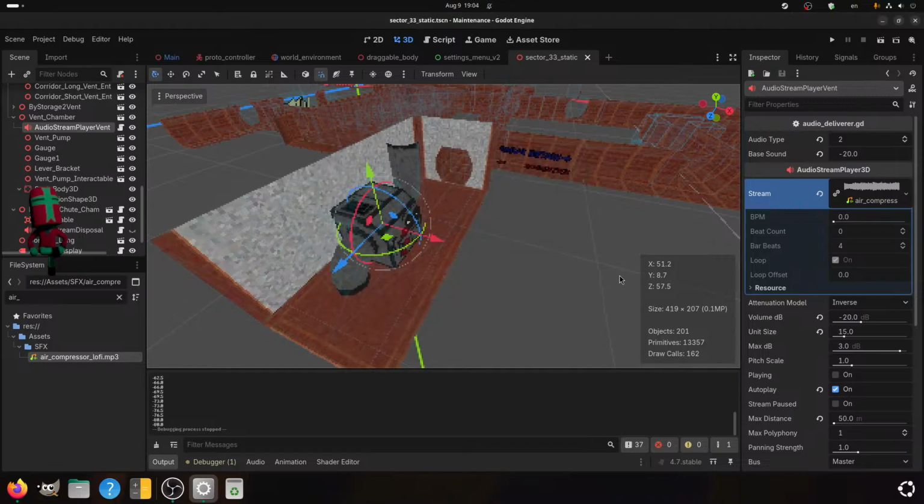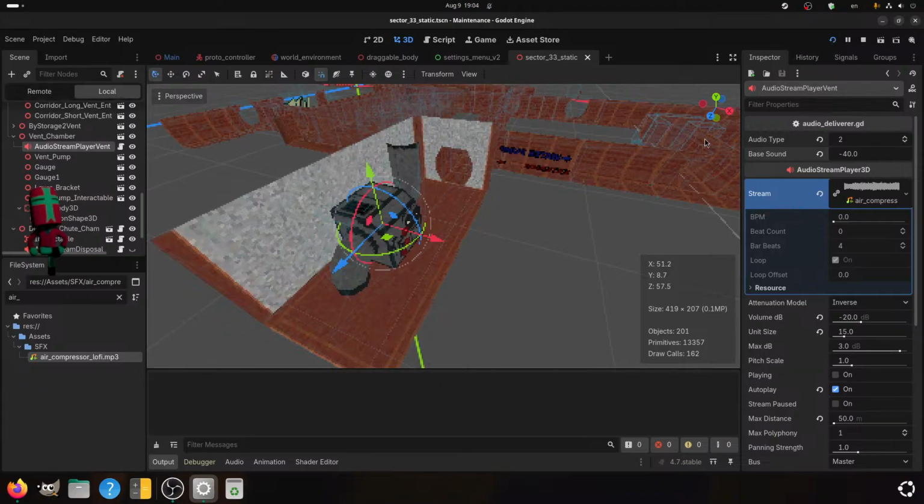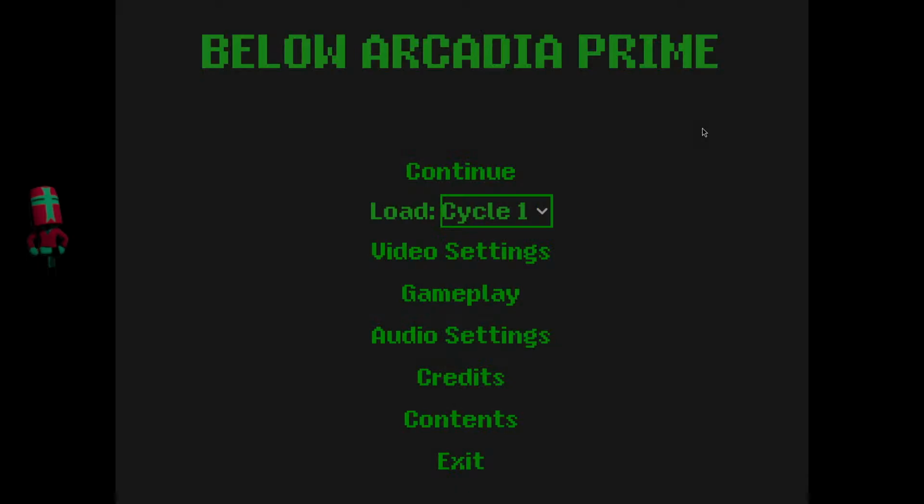Can't change you from here. Well, minus 20 isn't enough. Go lower. I was not expecting we would be going straight into audio balancing.